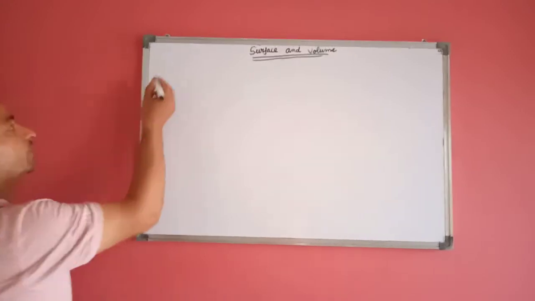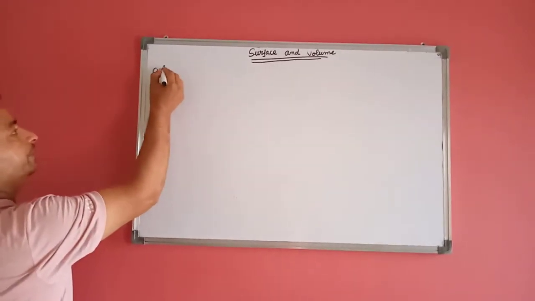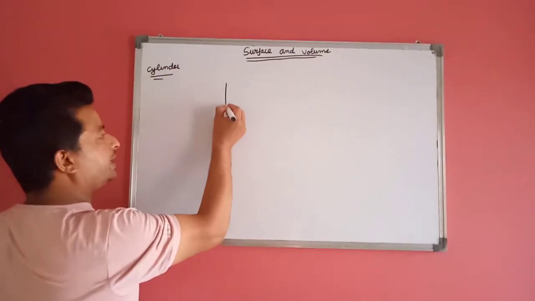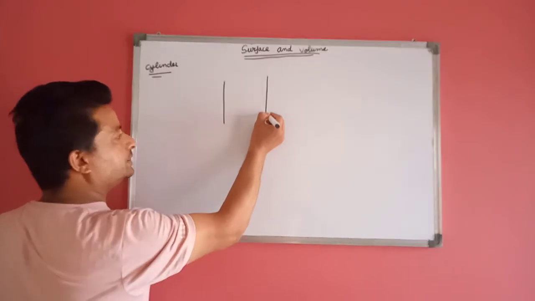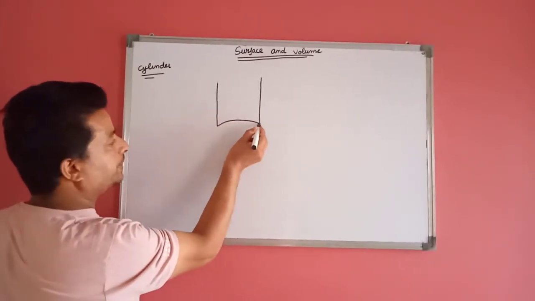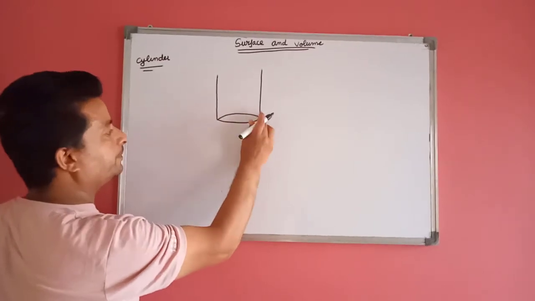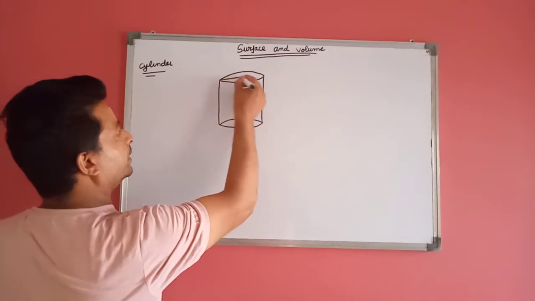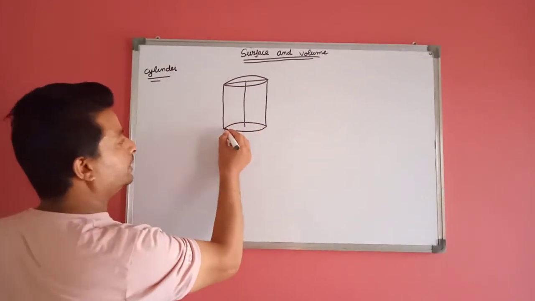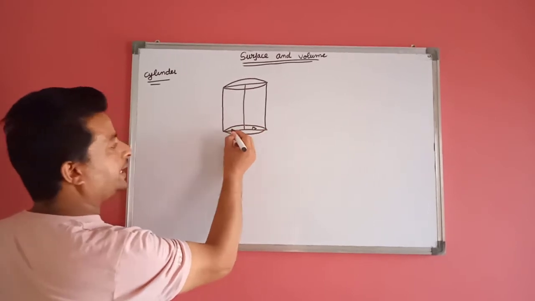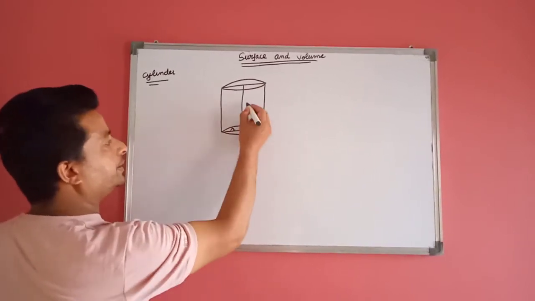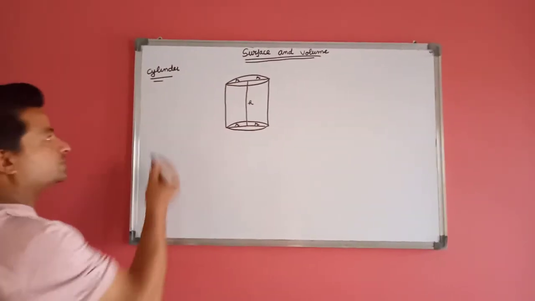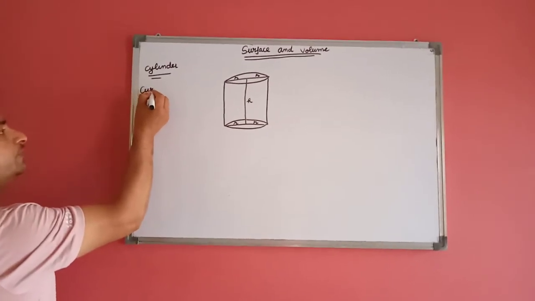In this chapter, first of all, we have a cylinder. We know the shape of cylinder is like this. This is the cylinder. This is called radius and this is called diameter of cylinder. This is the height, this is radius, this is radius. First of all, we find the curved surface